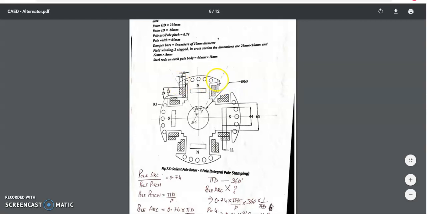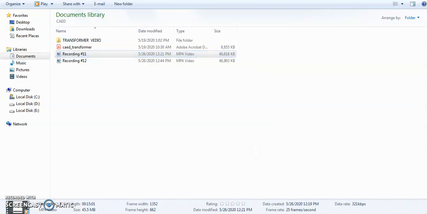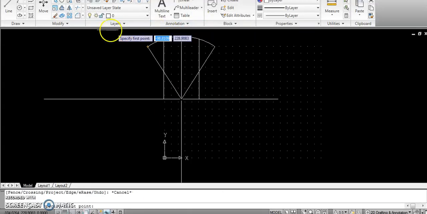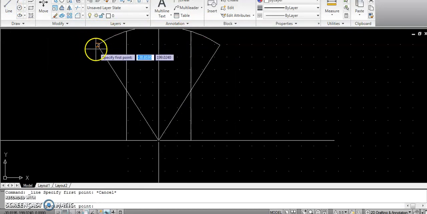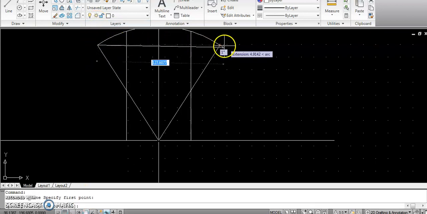Only this pole face we want. And this also, randomly you can do this, in two steps. For this, if you want to make it accurate, you can just join this, and this is also valid.